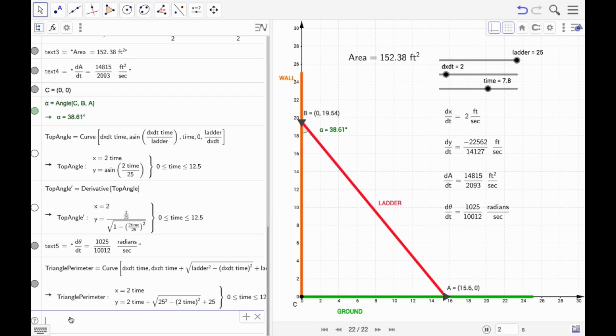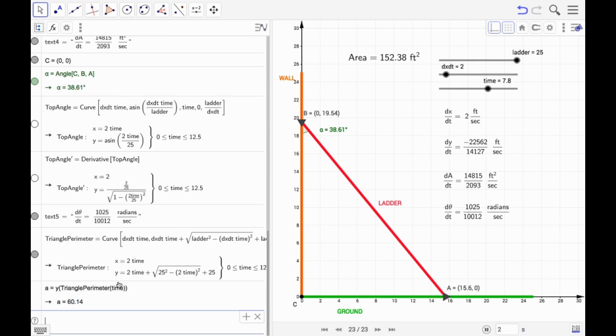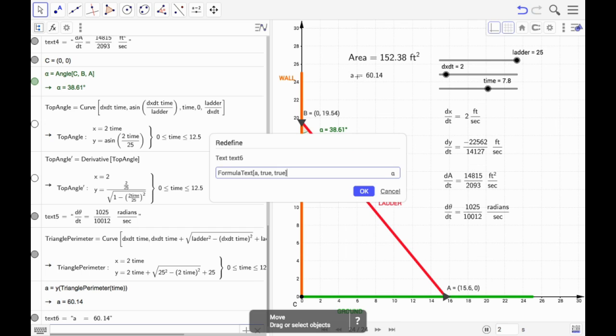Now I want the current perimeter because I want to create a label, so it's in the y variable, so I'm going to type y. I want triangle perimeter, and I want the triangle's perimeter at the moment in time. Basically, I want it wherever the slider is currently set. So I'm going to press enter there, and then I want to pull this off and place this right here under area.